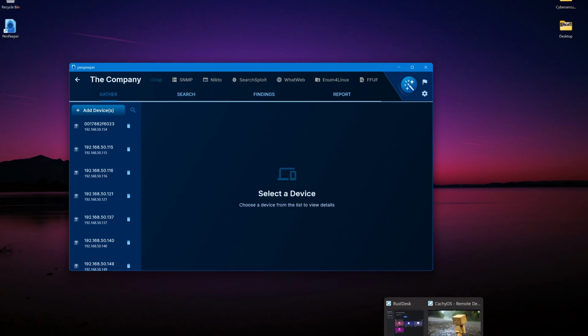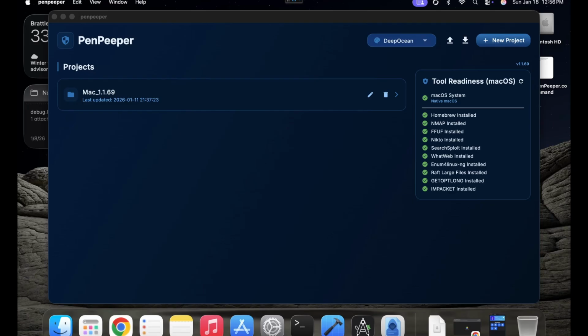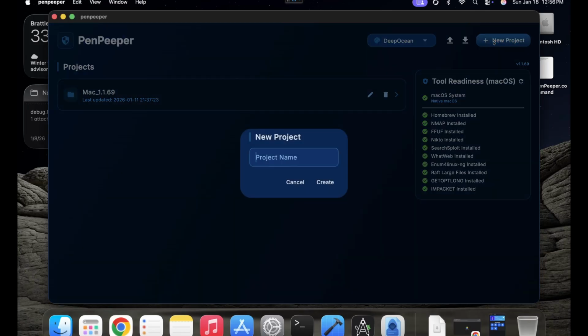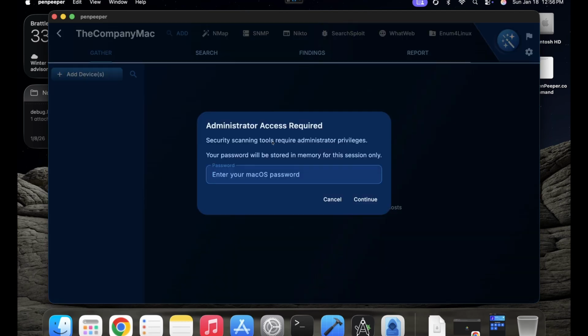I will say there's a bit of a difference here if I switch over quickly to, let's do it from the Mac, for instance. It's just because I already have it open there. If I was to start a new project here, call the company Mac, create. I don't actually even have to hit add device. I can just start off right away with magic button scan. It's going to ask for